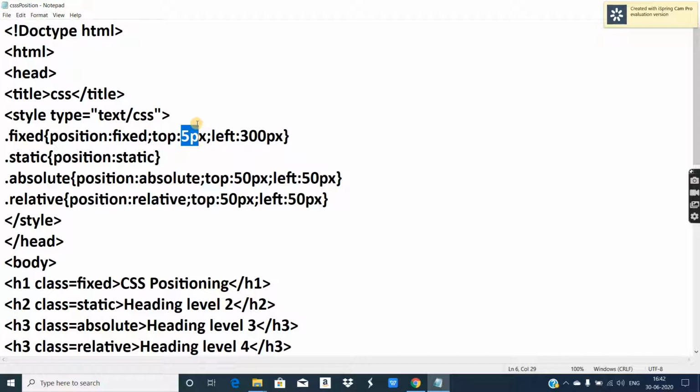So professional web developers spend a lot of time doing positioning of each and every element. It is a very time consuming process and needs a lot of precision, a lot of working with values, changing the values again and again. But it is very important for professional development of web pages or websites. So four types of positioning we are going to discuss: static, fixed, absolute and relative.